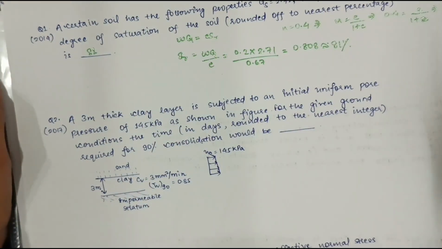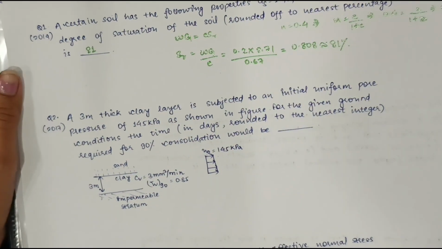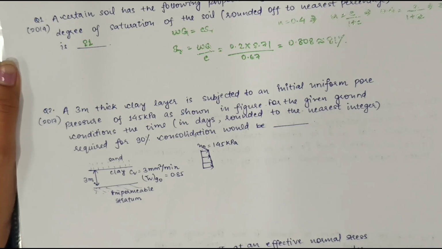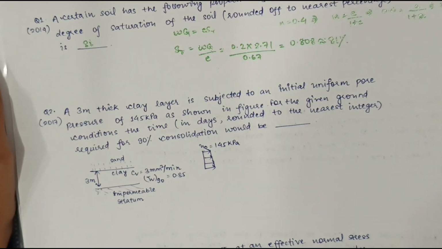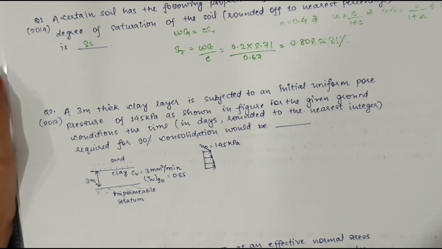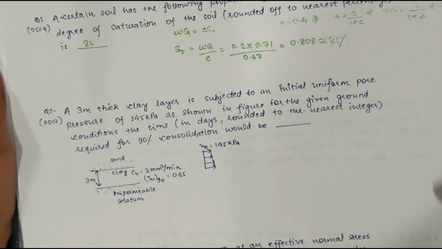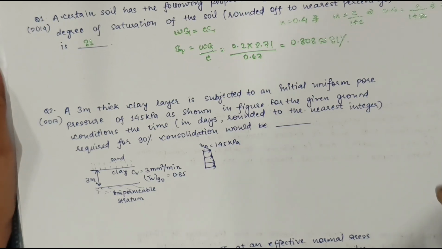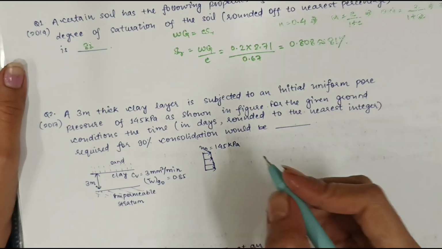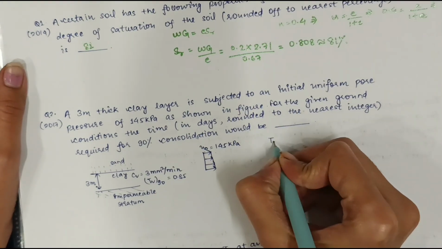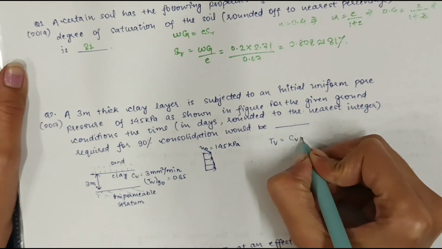Okay, now question number 2. This question is asked in GATE 2017. A 3-meter thick clay layer is subjected to an initial uniform pore pressure of 145 kilopascal as shown in figure. For the given ground condition, the time in days rounded off to the nearest integer required for 90-degree consolidation would be dash. Since we know the formula of Terzaghi, so here Tv, which is equal to Cv into t by